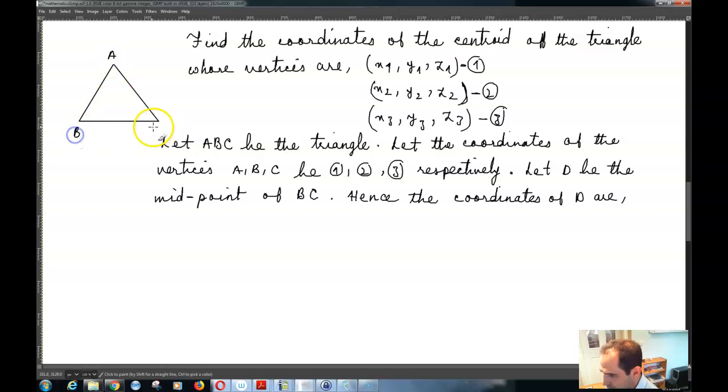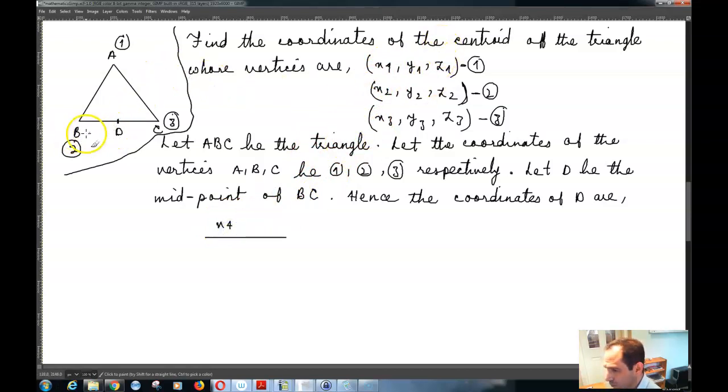and this is point B, and this is point C. D is the midpoint of BC. The coordinates of this point is (x1, y1, z1). The coordinates of this point is (x2, y2, z2). The coordinates of this point is (x3, y3, z3). And so the coordinates of D, the midpoint of BC,